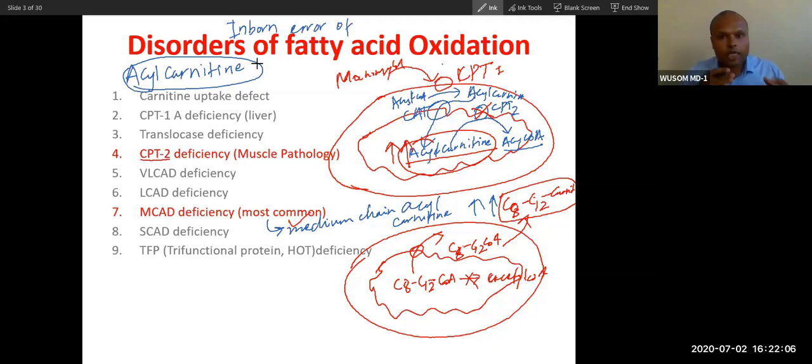So this is the first class you have. First class, actually, I already did in carbohydrate, Hurler and Hunter. It is also inborn error of metabolism. This is maybe the second class of inborn error of metabolism. Remember this. We place all these disorders under inborn error of metabolism.